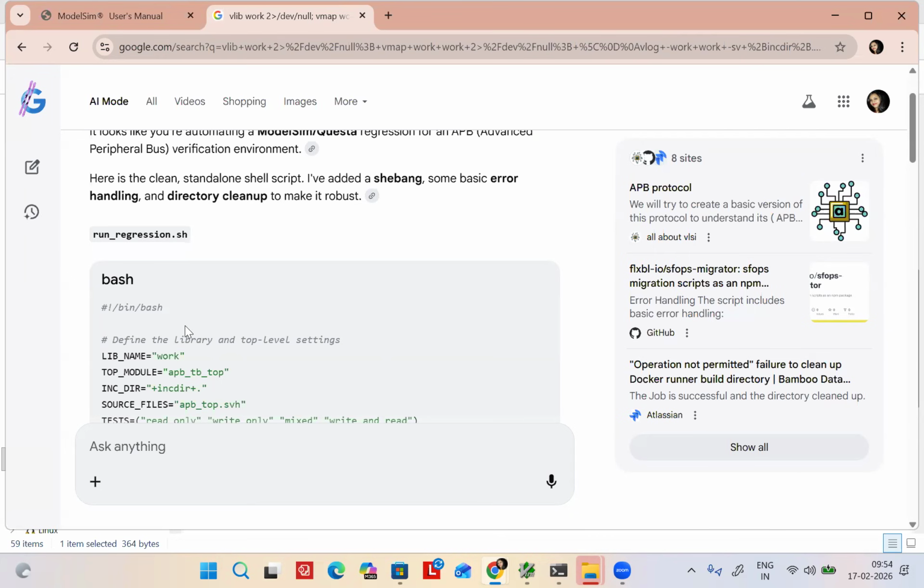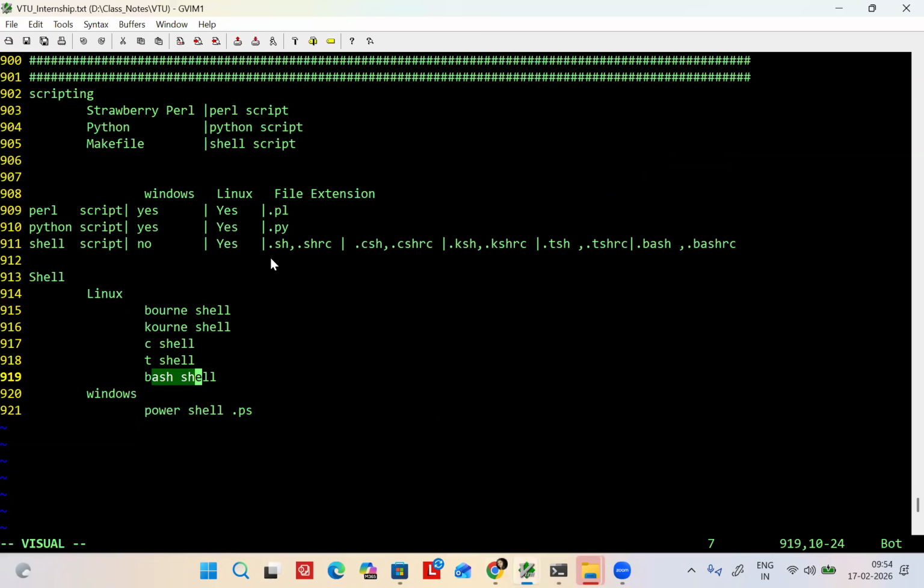So it means Korn shell, T shell, Bash shell, these are all the same coding. But you can use any file name of your choice. You can use any extension type. People ask, shall I create a shell script and add dot sh? You can do it. Any kind of extension you can add. All will run properly. You don't have to worry about anything.